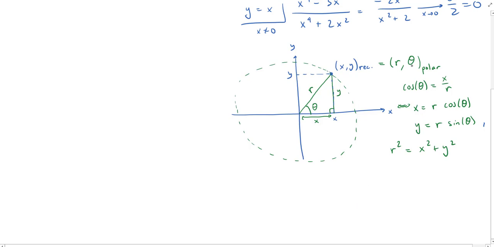Now we also, of course, want to get the theta. And typically in books, they're going to write something like the tangent. They'll note that the tangent of theta is y over x. And so then you can use this to solve for theta by taking the arctangent and then figuring out which quadrant you're in. I typically prefer to use cosine instead. That's just my preference. The one difference is when you use the tangent, you don't need to know the r; it doesn't show up. To use the cosine,